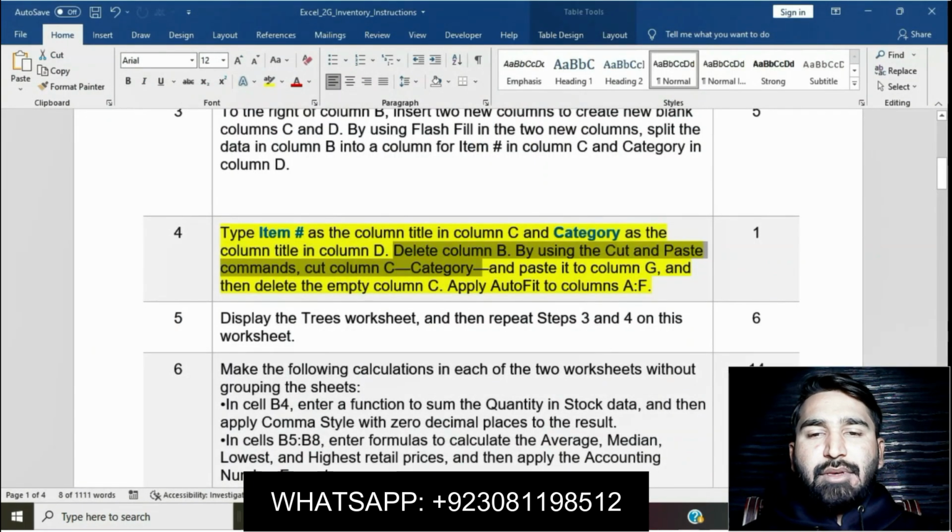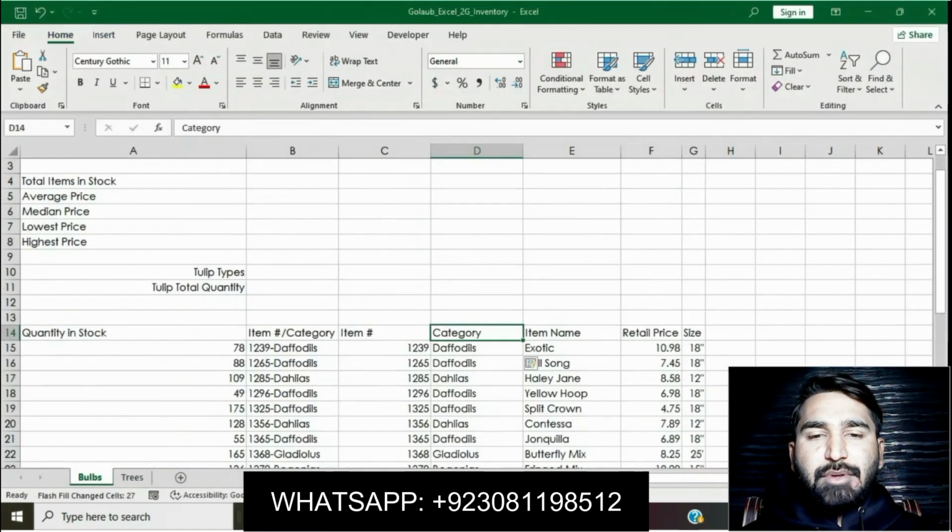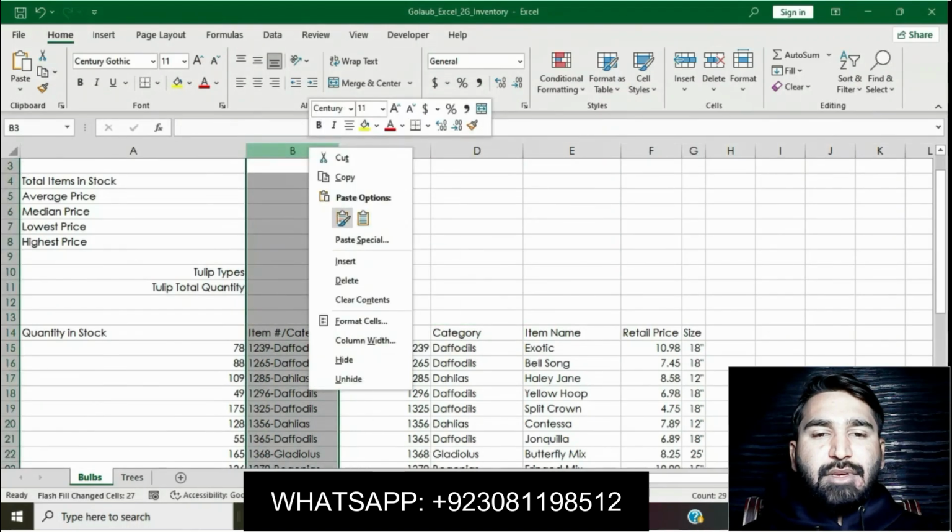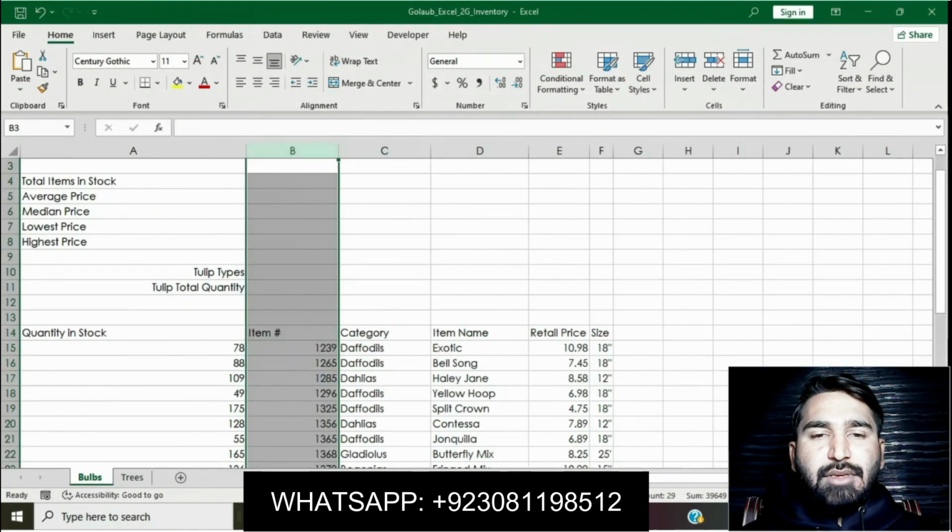Okay, delete column B by using the cut and paste commands. Delete column B: right click on column B and delete this. It will delete column B and then